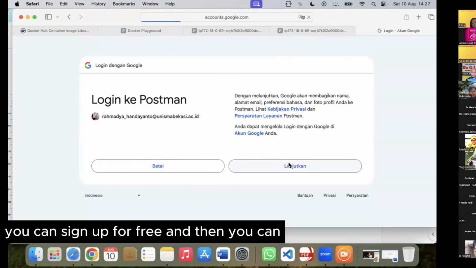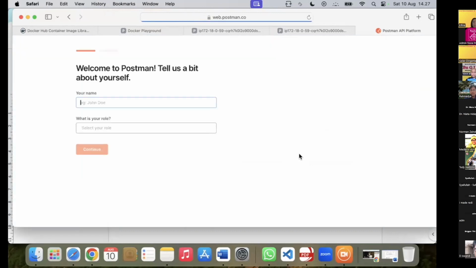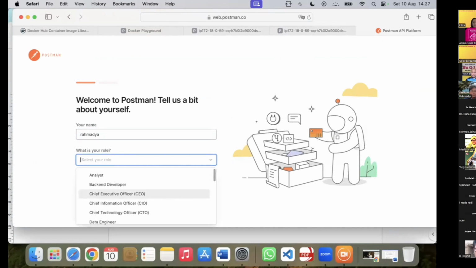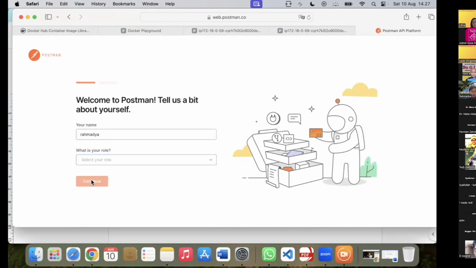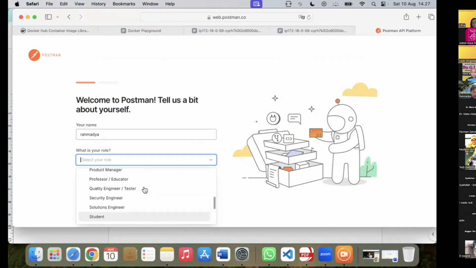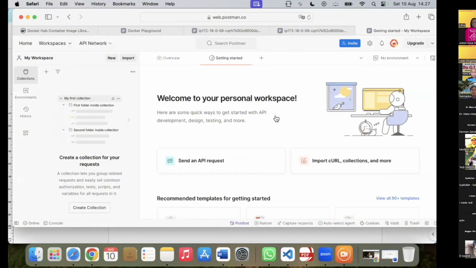You can sign up for free, and then you can use your Google account to continue.